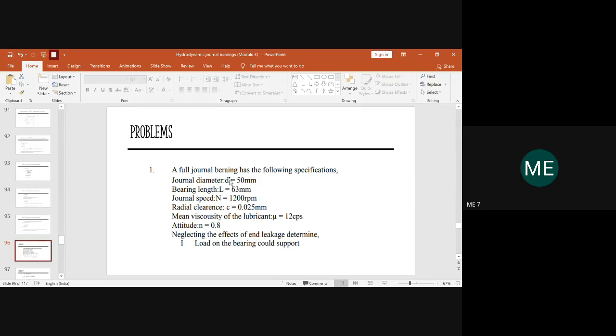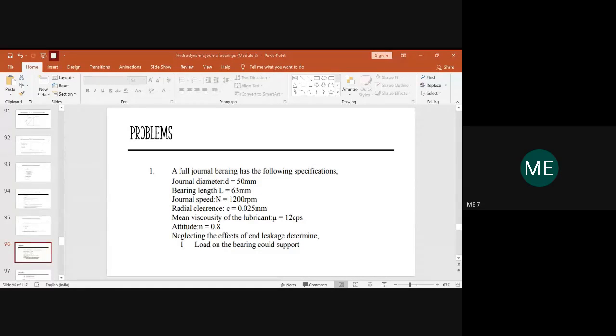Suppose this is an initial problem we start with. Please open your notebook, and keep your pen and calculator ready with you. You have to solve and let me know the answer. It is not like I'll just be explaining. You need to solve it. I hope everyone has the notebook, pen and calculator with you. If you don't have a notebook, at least take sheets of paper and a pen for the writing part and the calculation. Please keep it ready. Does everyone have it with you right now?